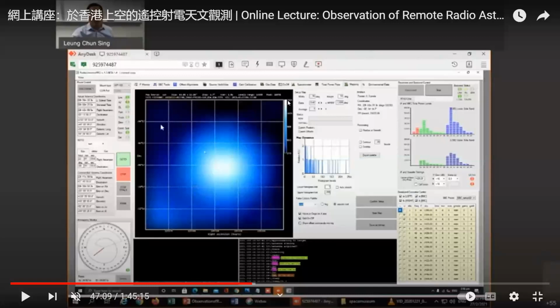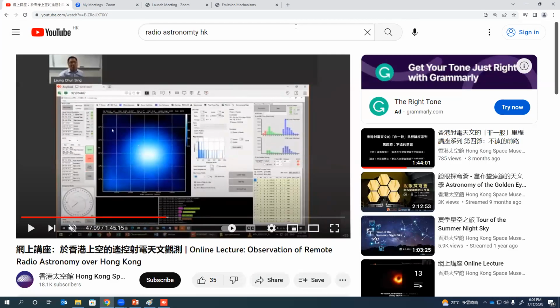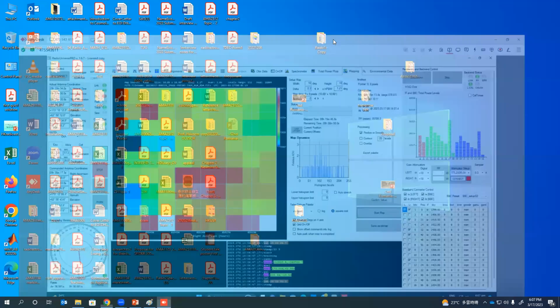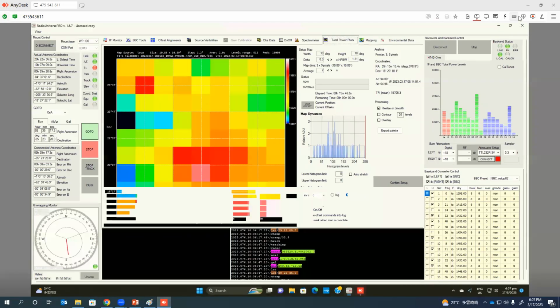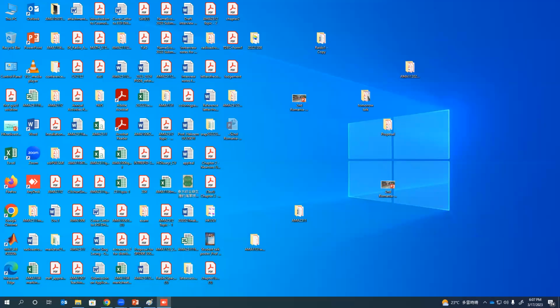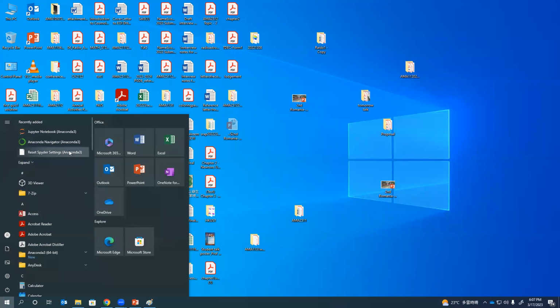Now apart from this observation, may I remind you that we can capture the signal. Once we capture the signal, we can do some simple processing. So for the last part, I would like to show you the simple processing result. First, you need to install software, so-called Anaconda and Python. Okay, let me